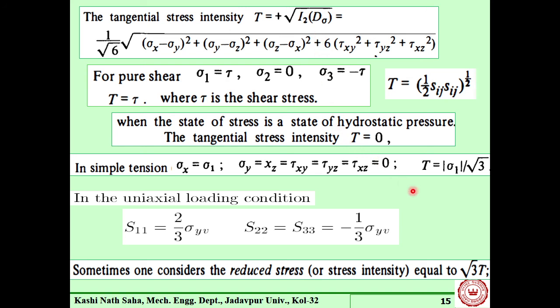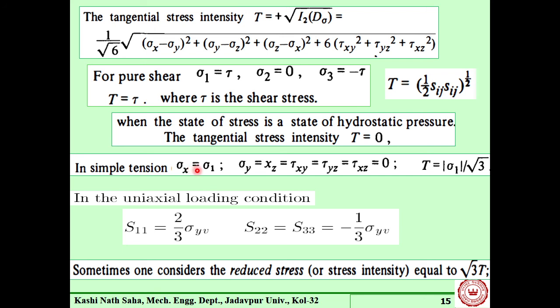And one feature you note: the state of stress for uniaxial tension. This is what we use in the universal tensile testing machine. We calculate yield stress and other things in the UTM machine. So there, this is the state of stress. There is a sigma x only, because other stress values are 0. So this is a principal stress, sigma 1, say.